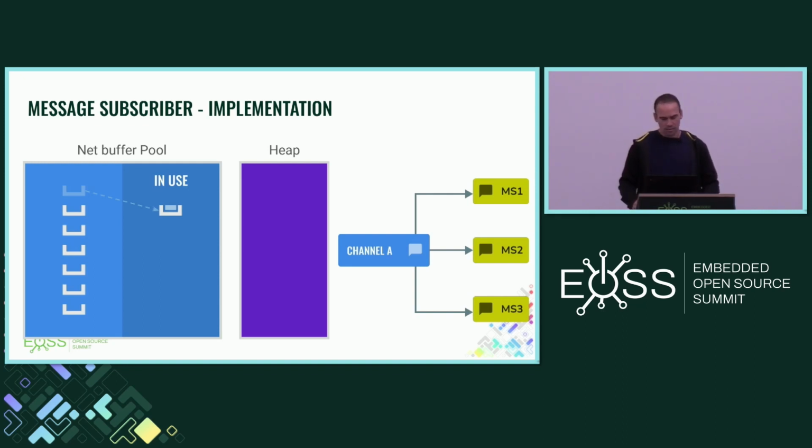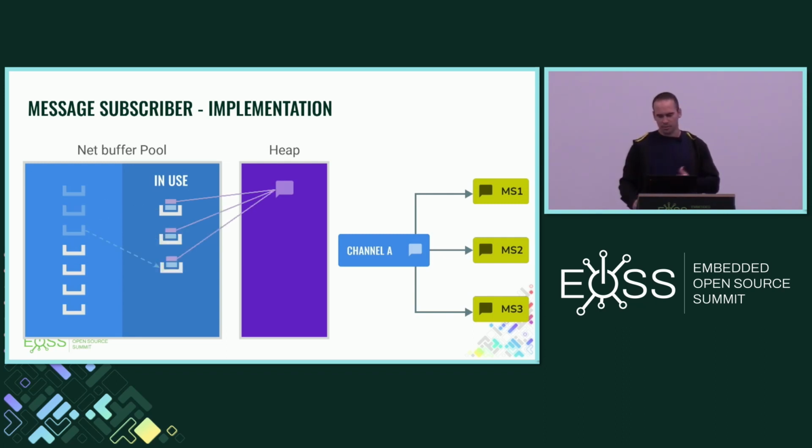So the NetBuffer works with a kind of reference count. So we can locate messages on the heap and make it take care of them. It's really interesting because we don't need to allocate that manually. So the process is we use a NetBuffer, we copy the message to the heap to keep the state of the message, because during the publication or after that, you can change the message, and the first message should arrive at the message subscriber.